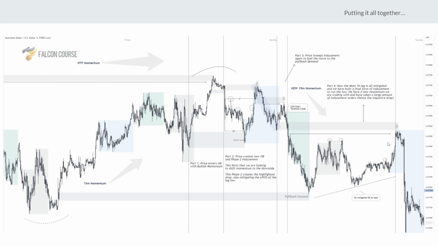So on the Asian, oh, for this pullback demand? Yeah. So say if I'm managing the trade and I'm in a buy, from where it basically impulses up at the beginning of Asia, where would you say the vector level is on there? Yeah, so we have a 15-minute vector level here. I probably should draw on the inducement level here as well, but I didn't want to confuse it too much.